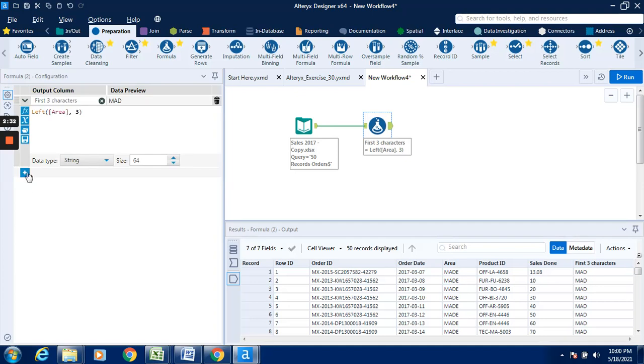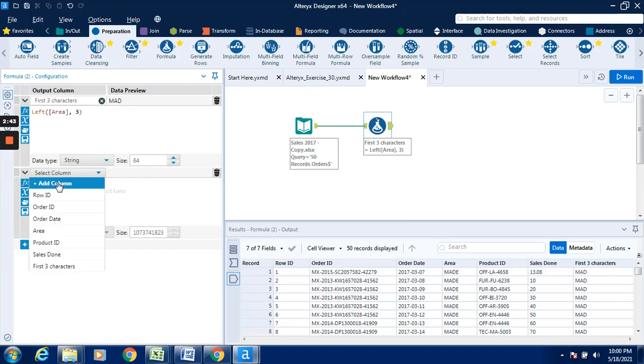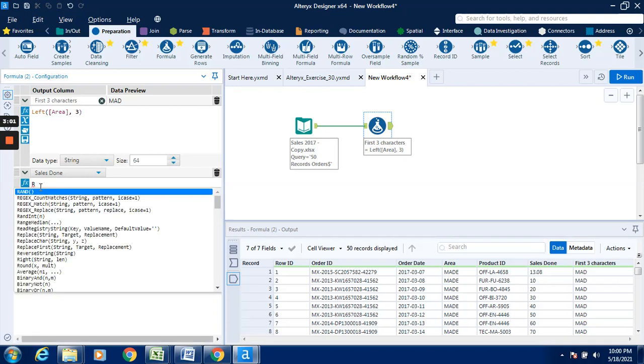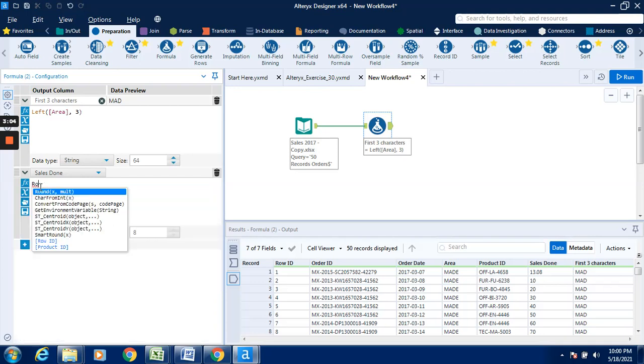Now here is a plus symbol. Just click on the plus symbol, then click on this select column. Give the name as sales done. Go to this particular window and type round of. So you can find this particular round x comma y. Click on tab, right over here,